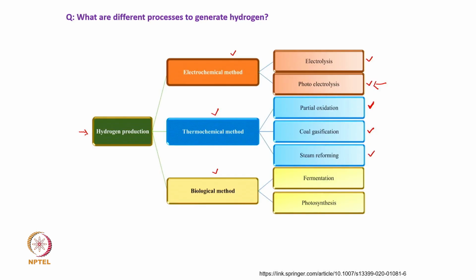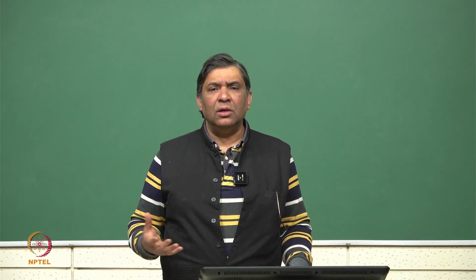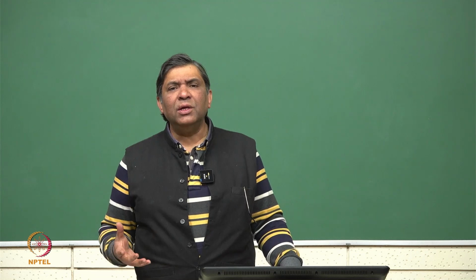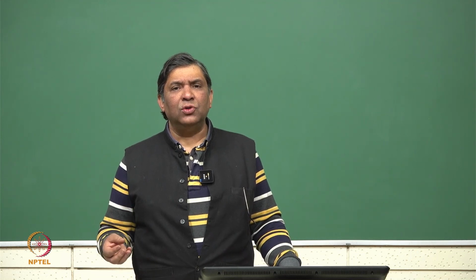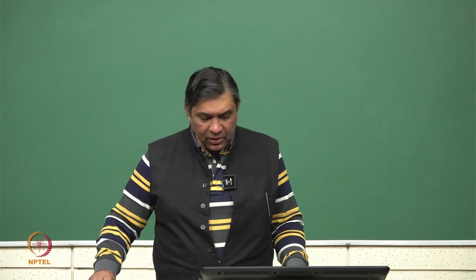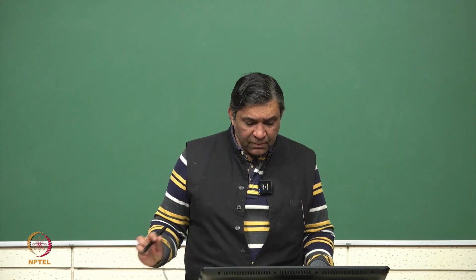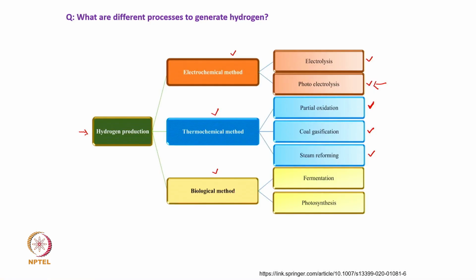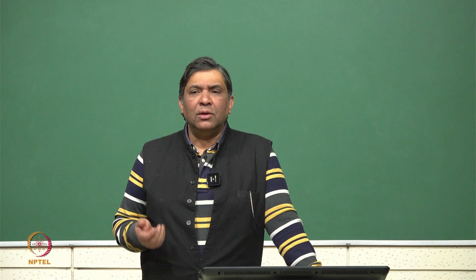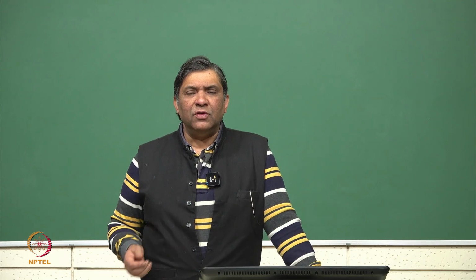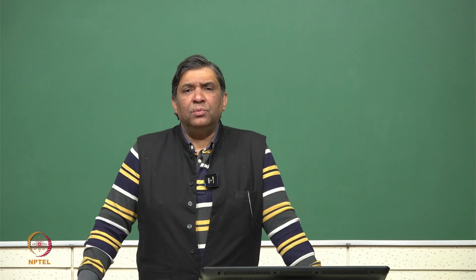Steam reforming is also an almost similar process, where the hydrocarbon, or natural gas, in the presence of steam, is burned at high temperature, eventually producing hydrogen and other gases like carbon dioxide, carbon monoxide, or other gases which the hydrocarbon contains. And then one can have this third method, which is a biological method like fermentation, where microorganisms like bacteria can do this job. Any organic material can be fermented using these bacteria, and hydrogen can be produced.